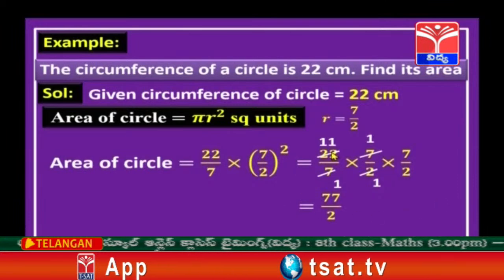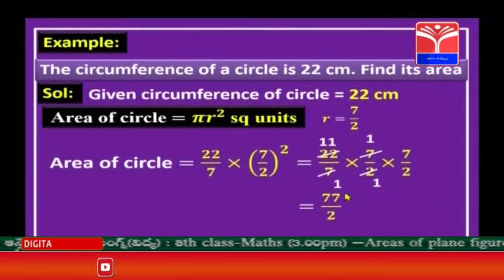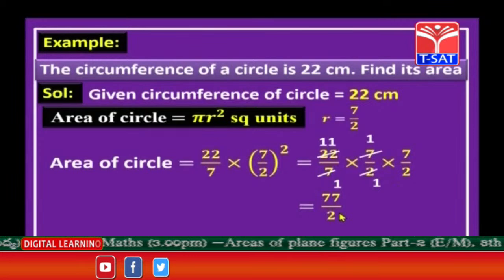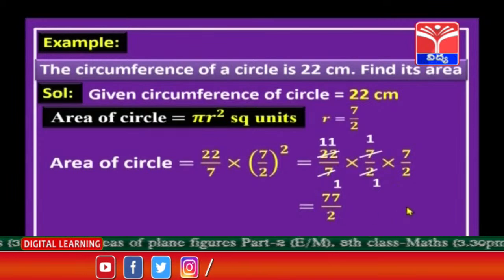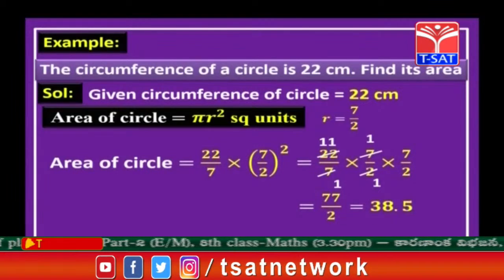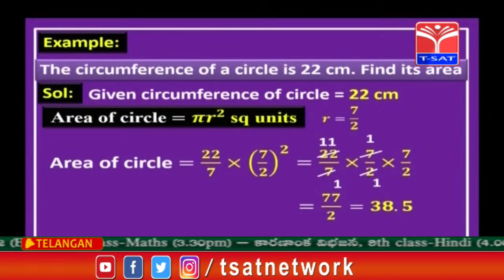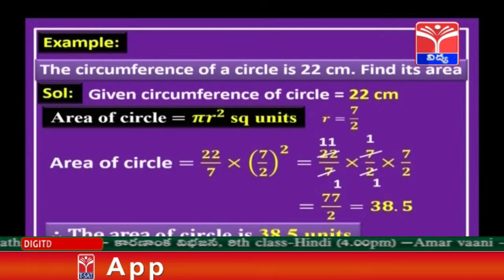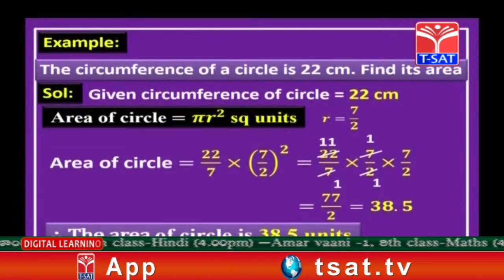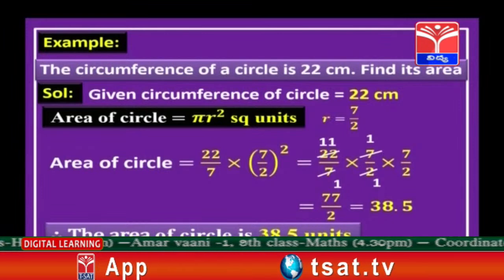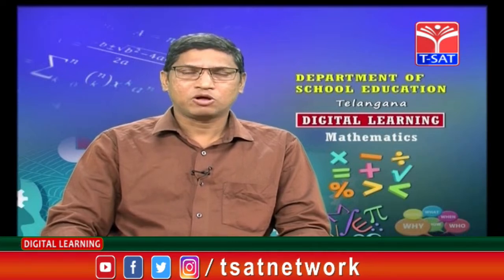Yes, 11 into 7, which is 77, divided by, we have only 2. So on dividing this, you get 38.5. Therefore, we can say that the area of the circle is 38.5 square units. I hope you understood the concept, children. Got it? Okay. Now, children, let us learn about the area of a circular path, or we can even say